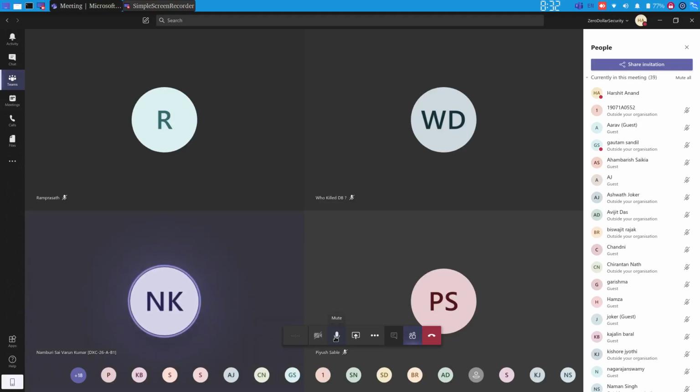So the basic one is ADB. First you have to enable your developer options, then go to USB debugging, then connect your phone with your PC, and then using ADB tools you can interact with and scan your Android files and APK.